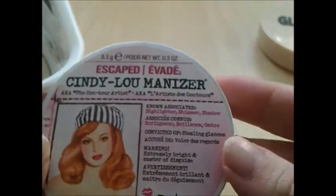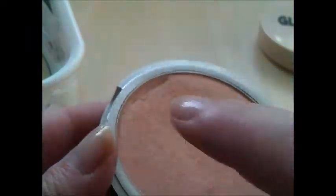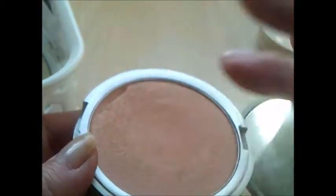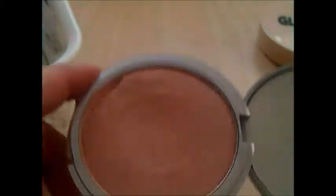I have here the Balm's Cindy-Lou Manizer, and I love this one because it's a pink highlighter. It seems to be cracking a bit there though, but I have noticed that on a lot of people's collection videos, the Cindy-Lou Manizer, Mary-Lou Manizers, they all seem to break quite easily. So this one's much more of a pinky, sort of peachy shade highlighter,